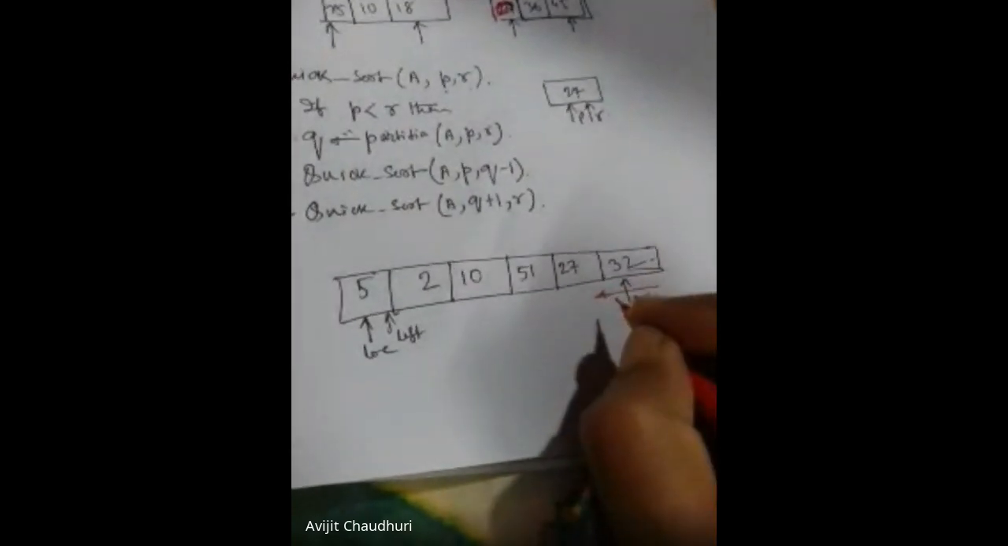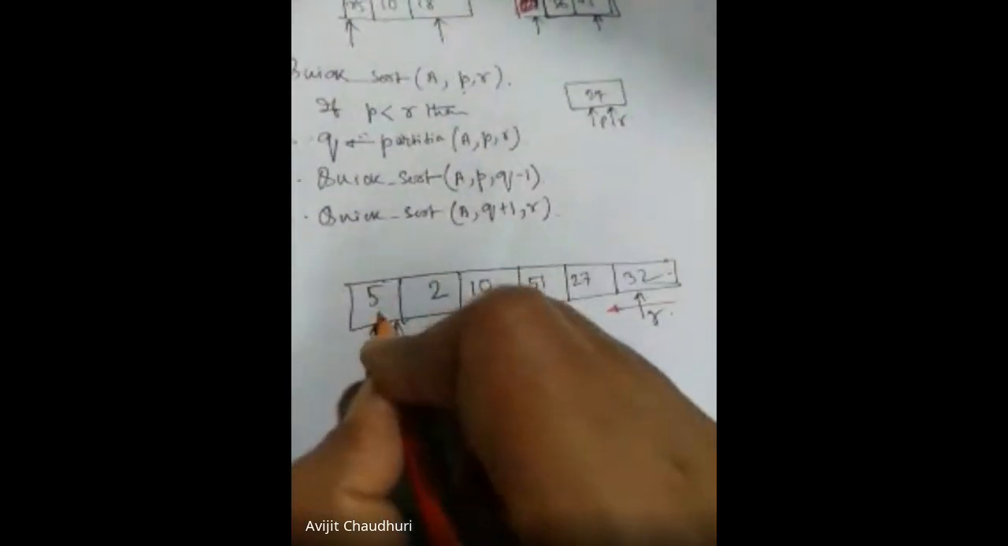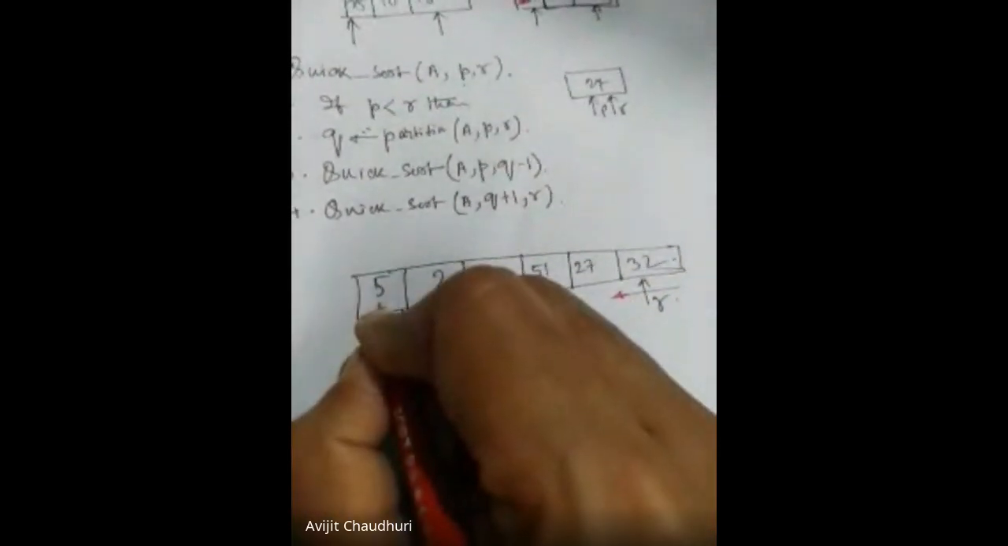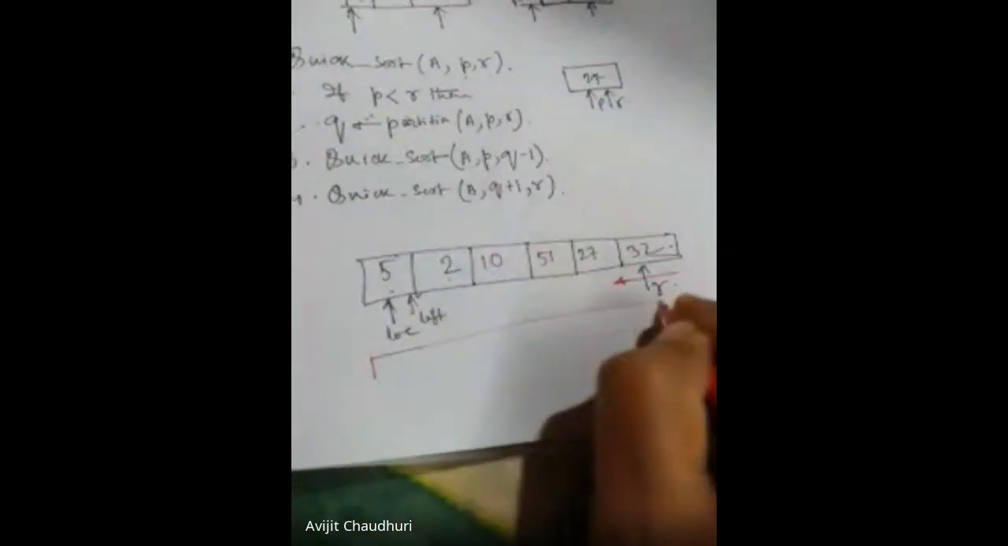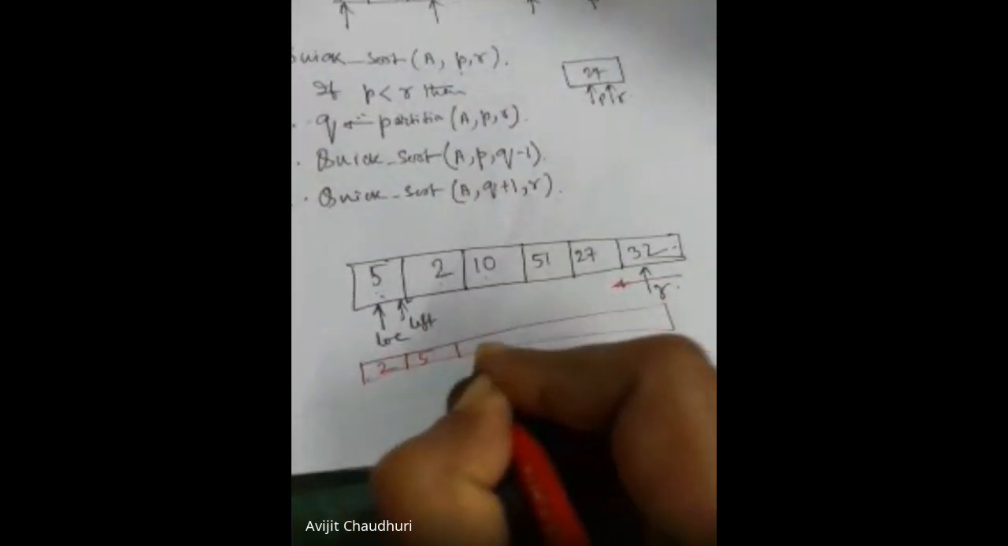We'll fix that one, and we are scanning from right to left. If any element is found which is lesser than that 5, we will swap. 32 is higher than 5, no problem. 27 is higher than 5, no problem. 51 is higher than 5, no problem. 10 is higher than 5, no problem. 2 is lesser than 5. So the next pass will be 2, 5,